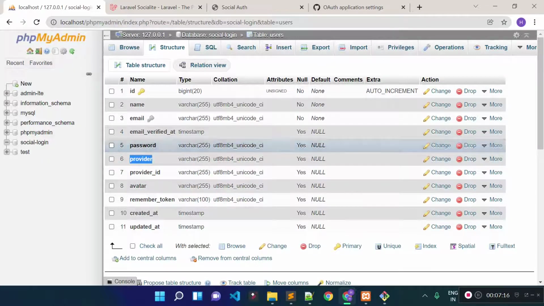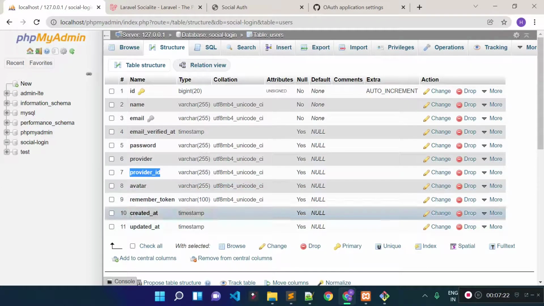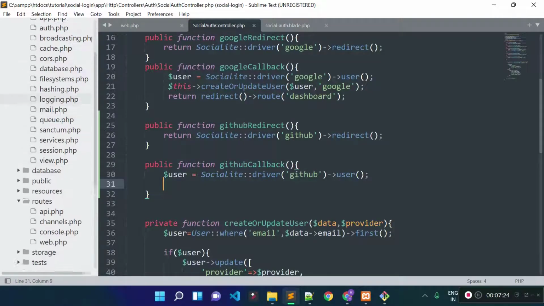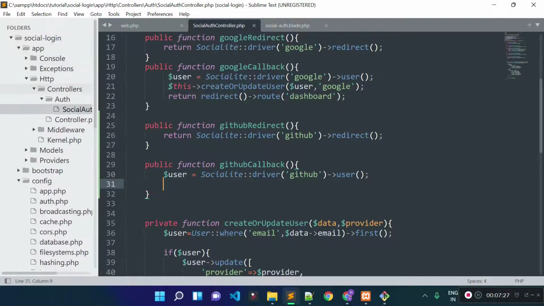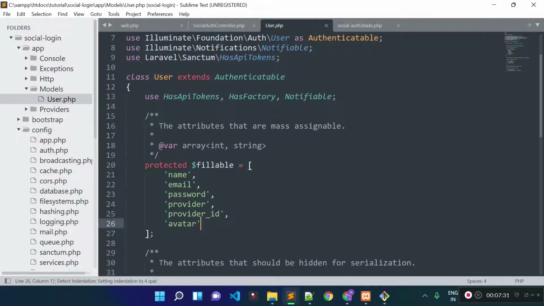These are the main columns for social login. One is provider, and this provider ID, and another is avatar. And if I open our user model, which is under app models folder, you see I already added these 3 columns to the fillable property array.